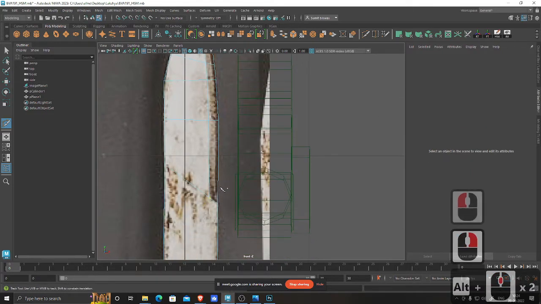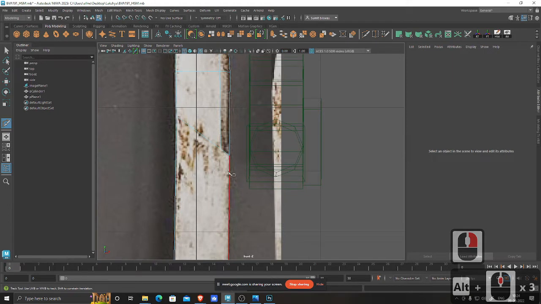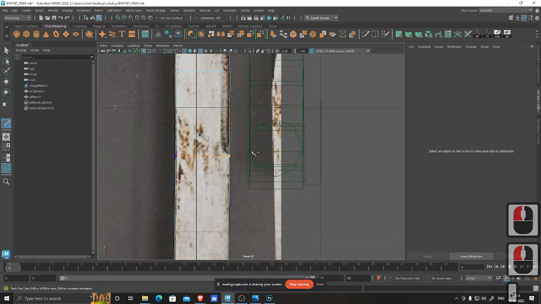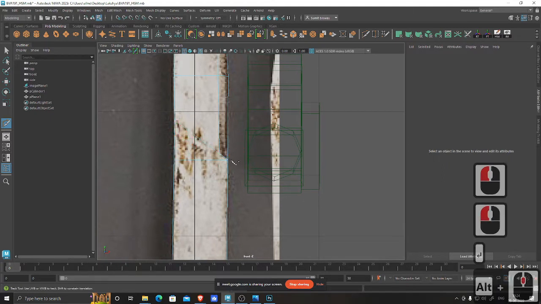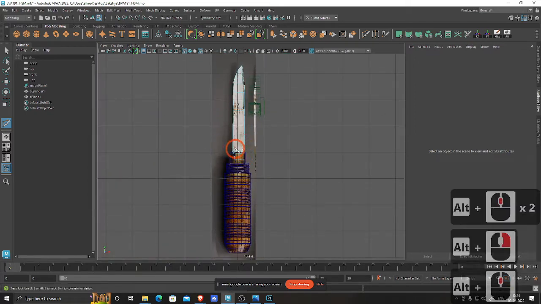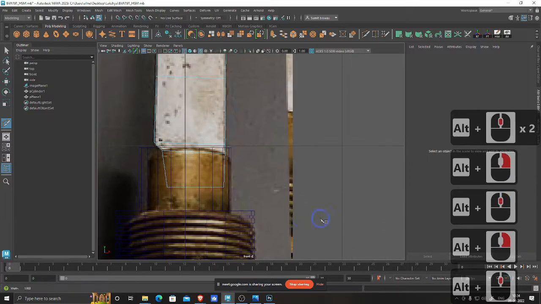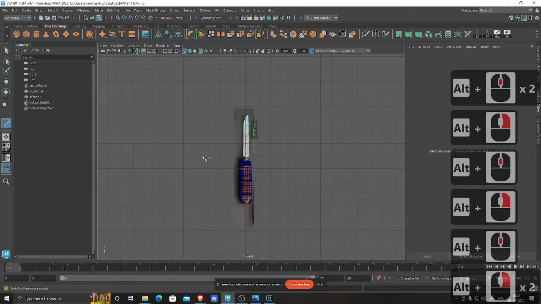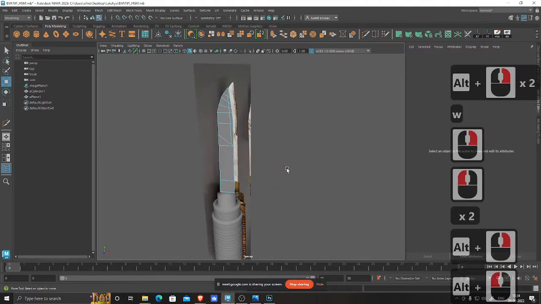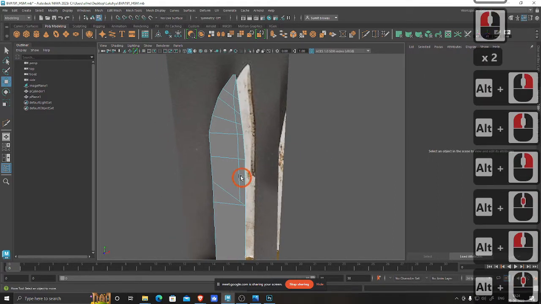Create this thing. This loop is required. So this is also a quad. You can see 1, 2, 3, 4. So all those cuts added. Basic shape is ready. Basic shape is ready. Now